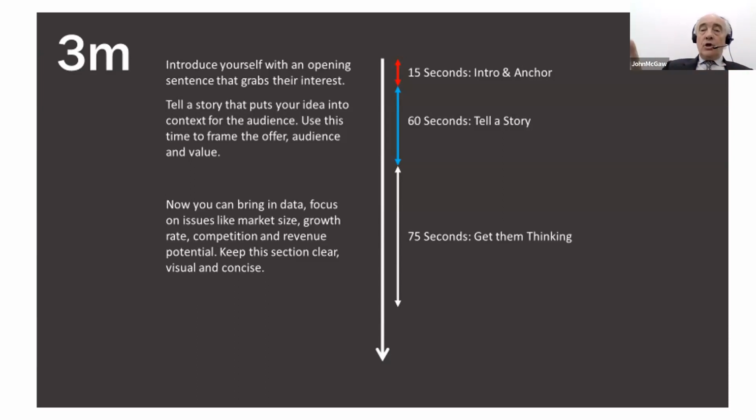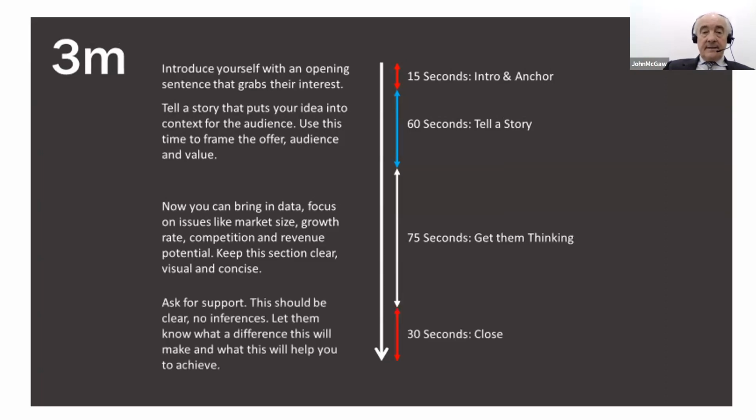So you're going to do this via, let's say, 10 slides. And these slides, you're familiar with the phrase that every picture is worth 1,000 words. But every picture also tells a story, and it allows you not to have to read off notes or the screen, because that's what you don't want to do. So we'll come onto a few little tricks in a minute, and then finally, when you close,